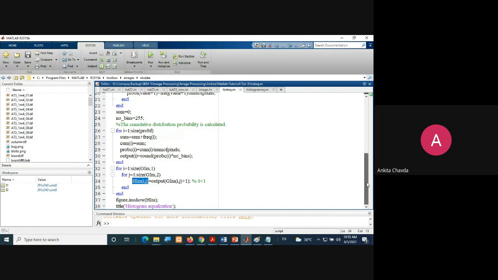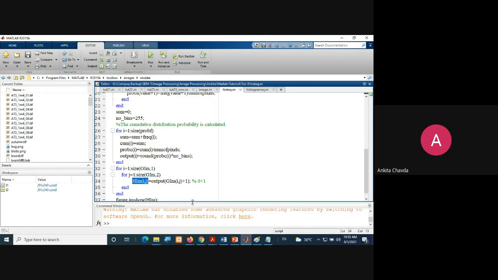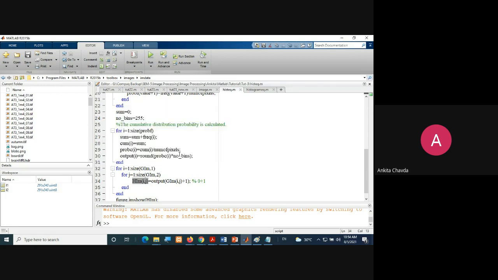I'll simply show you what is the output, right? So this is what we have calculated manually, not by using the HISTEQ function, but that function is also applying the same rules, same formulas. So we will get the image here, the original one as well as the equalized histogram image.